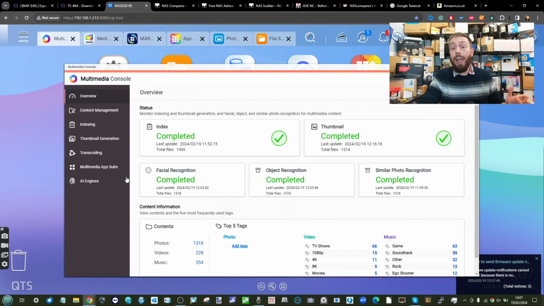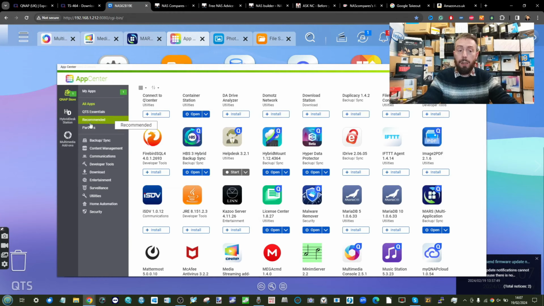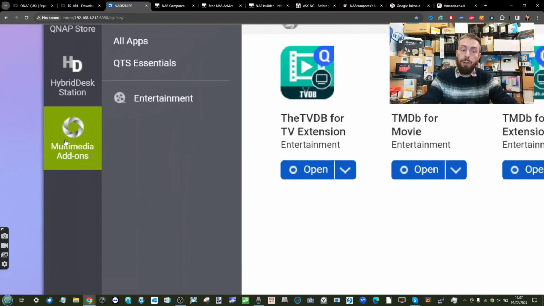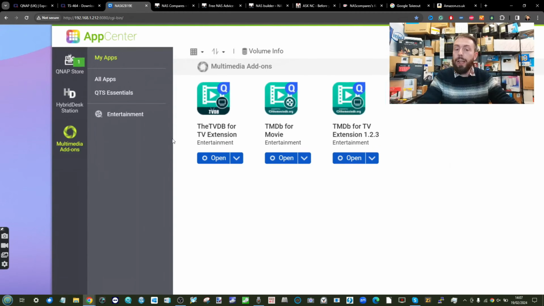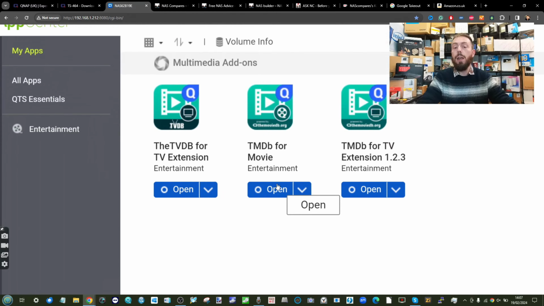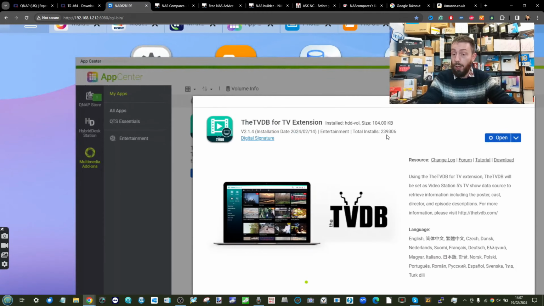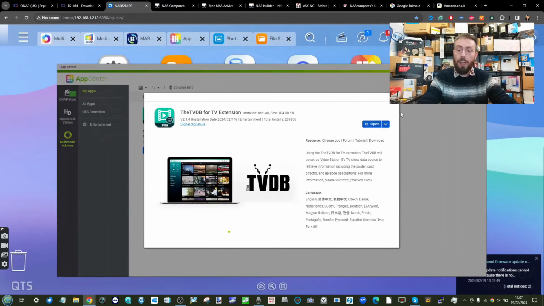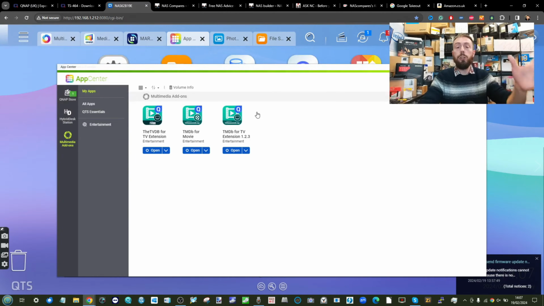Talking of things to add before anything else, if you intend to use the first-party multimedia tools on your QNAP, and in particular video, I strongly recommend in the App Center, open up the App Center, and on the left-hand side, find the option for multimedia add-ons. There are three options here, TVDB and TMDB options that allow the scraping of metadata for your multimedia. I fully recommend you install them all. You won't need to sign in, you don't need to do anything extra. These are incredibly tiny files, 104 kilobytes in this case, and all they simply do is allow you to scrape